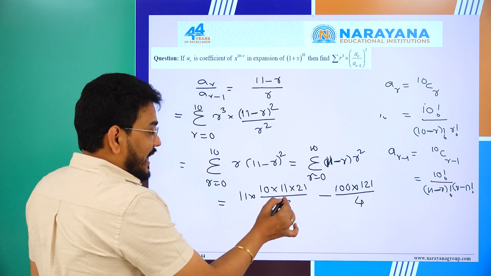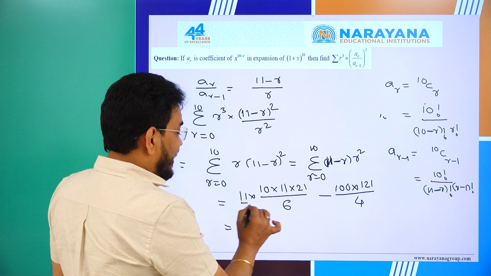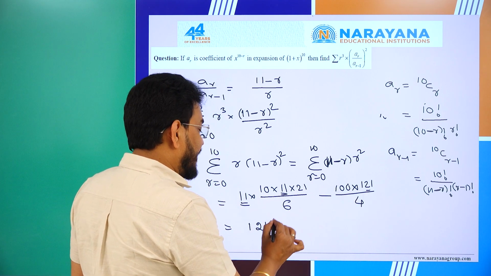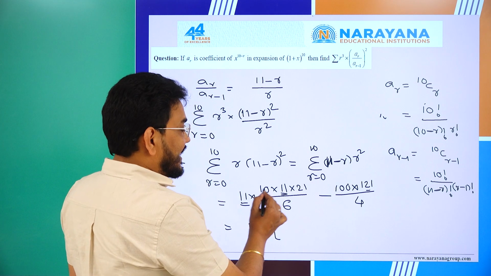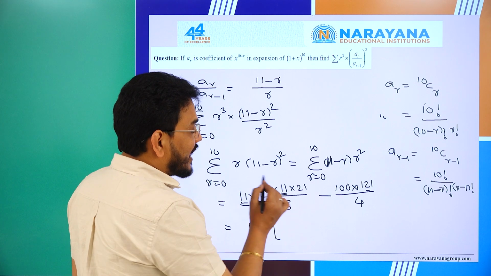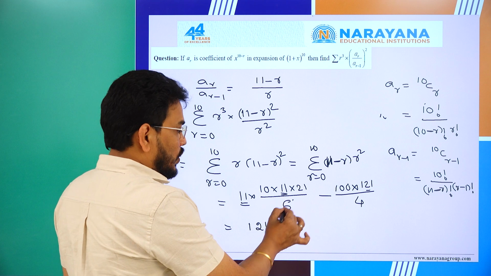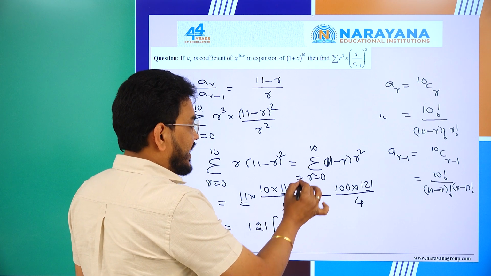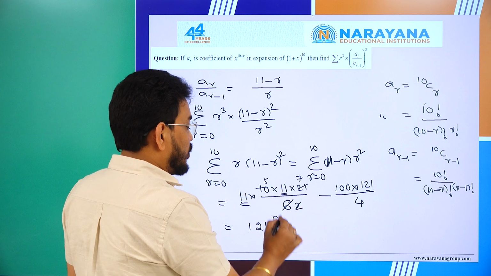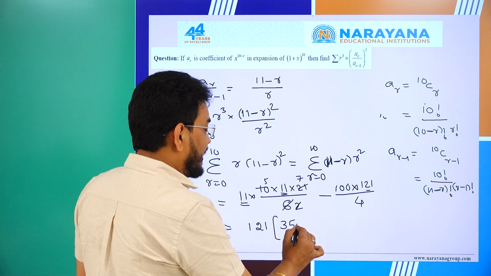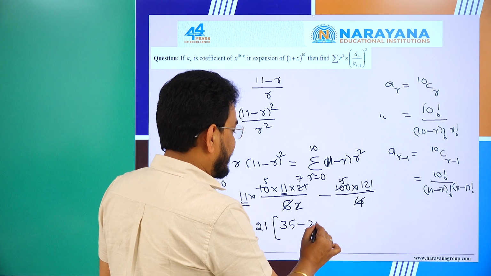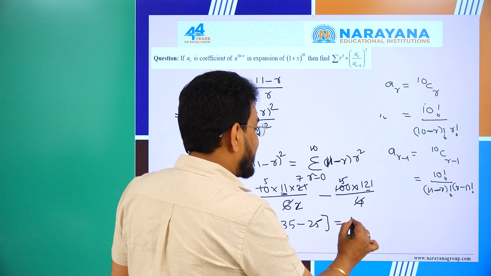So look at here 11 into 11, 121. Let me take 121 common. Here 10 into 21 by 6. So 3, 2, 3, 7, 2, 5. So you will be getting 35 minus 25. So the answer is equal to